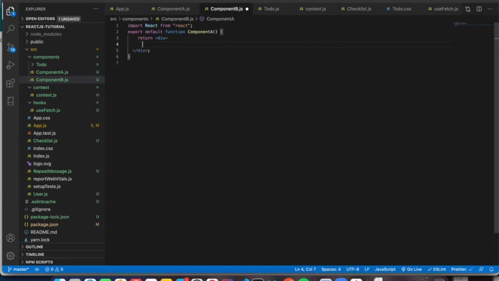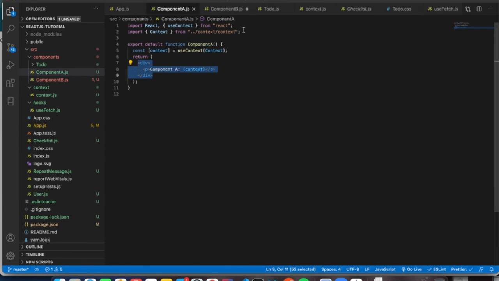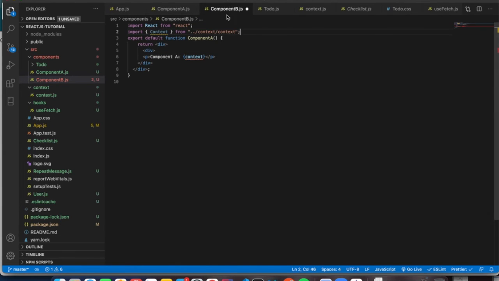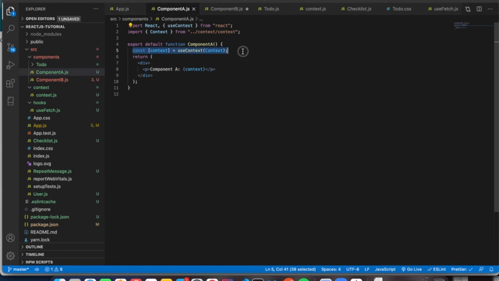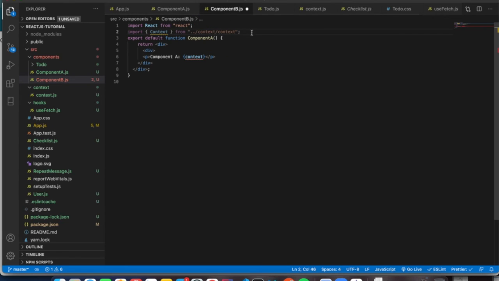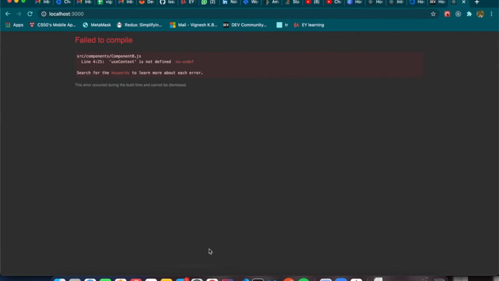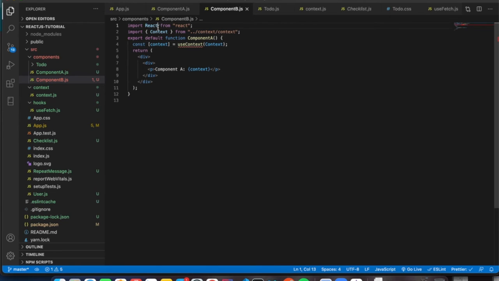You just copy and paste the code and use this context. Yeah, we didn't import the useContext hook.